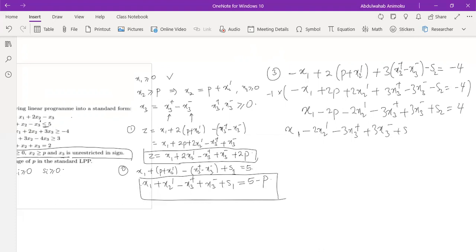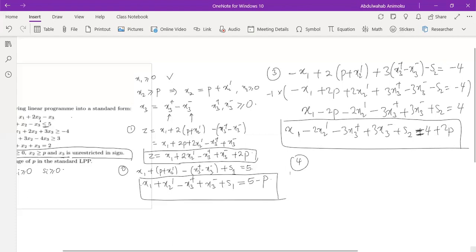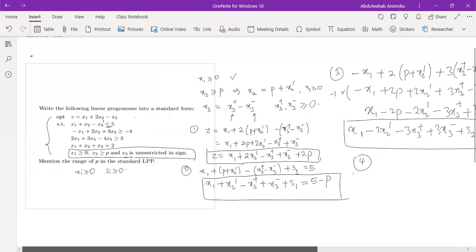It takes a while to write this. It's a lot of writing. 4 plus 2p. Okay, good. So this is the third one, right? Now, what about the fourth one? So what's the fourth one? So the fourth one is